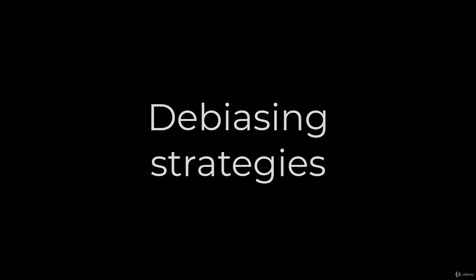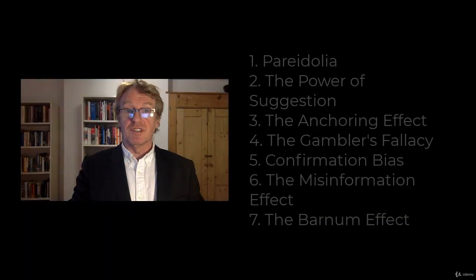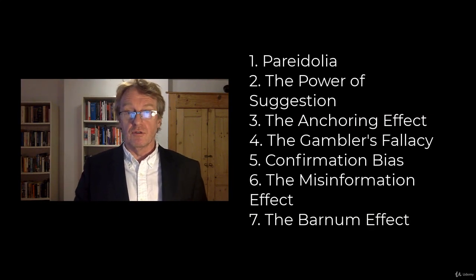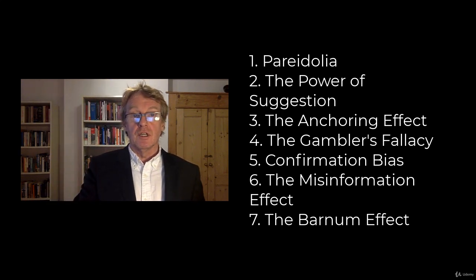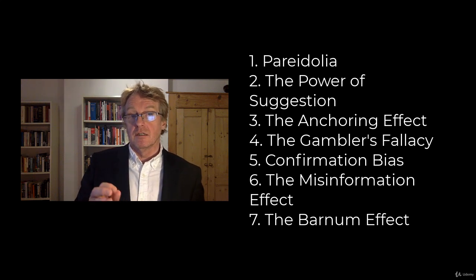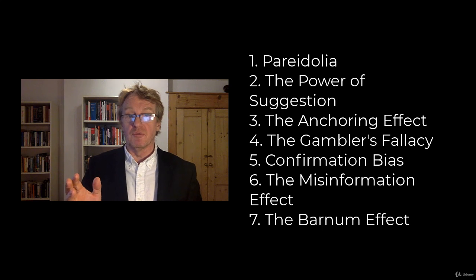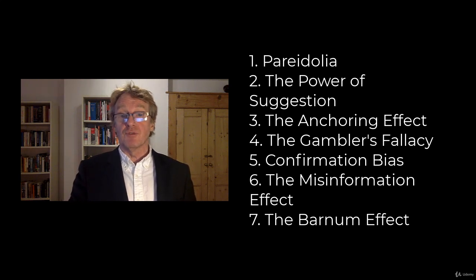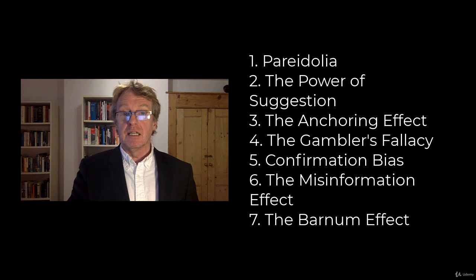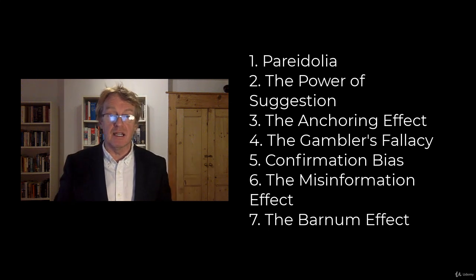Debiasing strategies. In this section we've looked at 7 classic examples of cognitive bias: pareidolia, the power of suggestion, the anchoring effect, the gambler's fallacy, confirmation bias, the misinformation effect, and the Barnum effect. We have seen how our judgments, particularly those resulting from our fast thinking, can be skewed by these and other